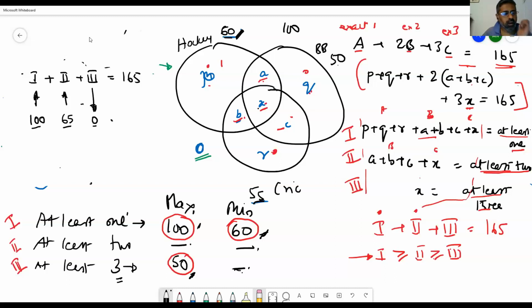Now, this is the maximum value possible, 100, and this is the value. Is it possible to draw something with a 0 value? Let's try solving it and see if it is possible. See, this at least 65 is not possible. You know why 65 is not possible? Because you cannot have 2 with 65. Let's try this out.